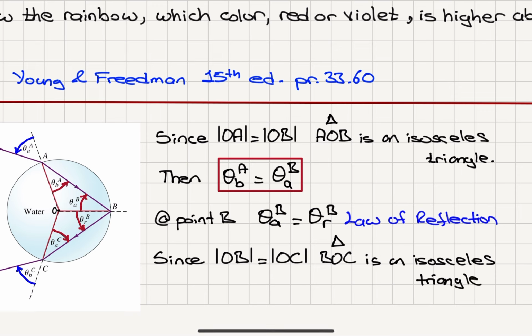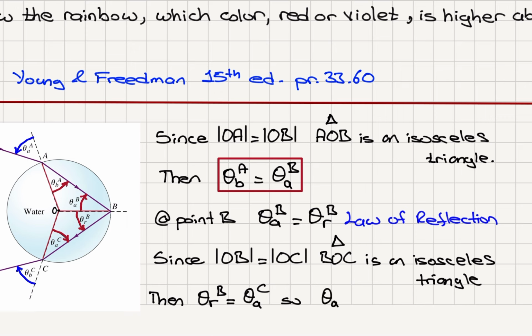Therefore, I can conclude that the angle of reflection at point B must be equal to the angle of incidence at point C. So combining these three equations, I can see that the angle of incidence at point B, theta sub A at point B, is equal to